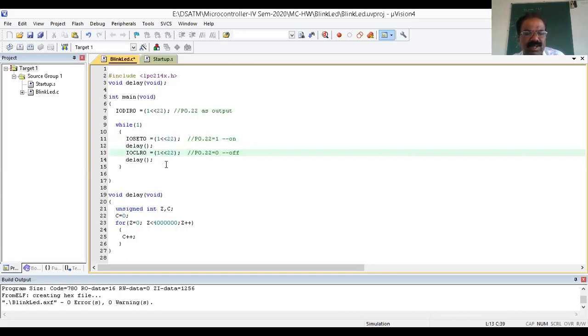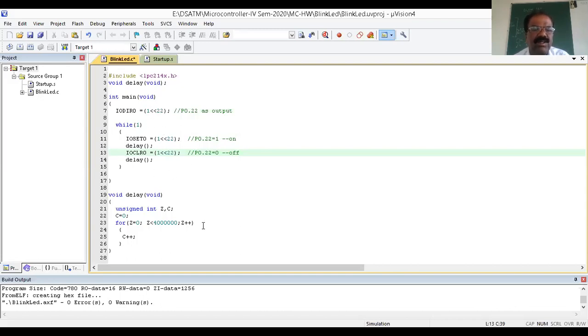I'm going to change the pin number. By then you're not supposed to write simply one. Therefore, here shift one how many times? Those many times. If it is bit number 2, 2 times. If it is bit number 10, 10 times. If it is bit number 31, 31 times. Sorry, 32 times. It's something like that. Here 22 means you have to shift those many times.